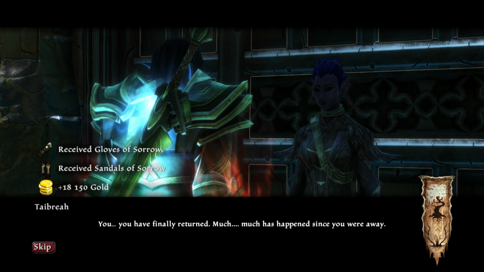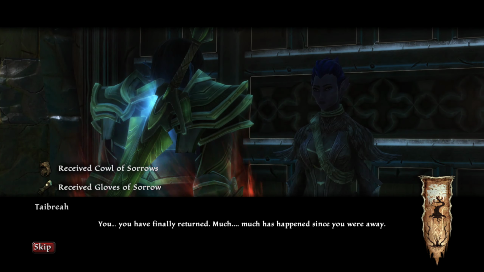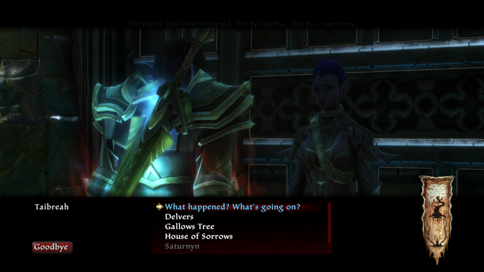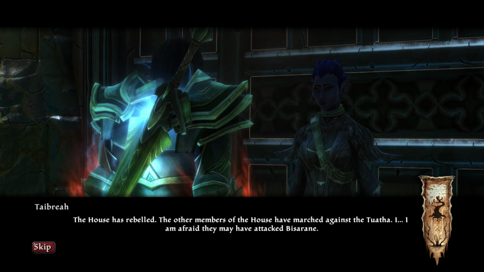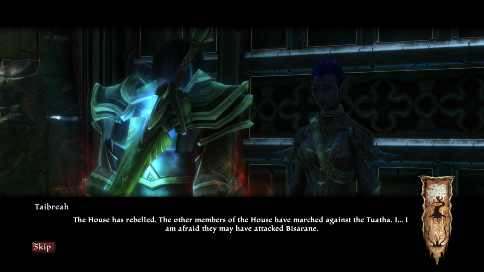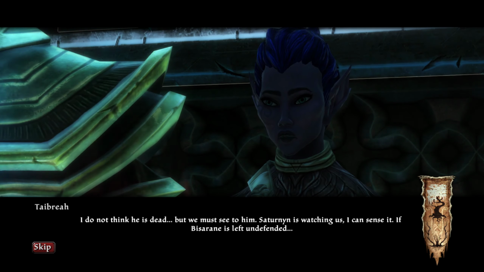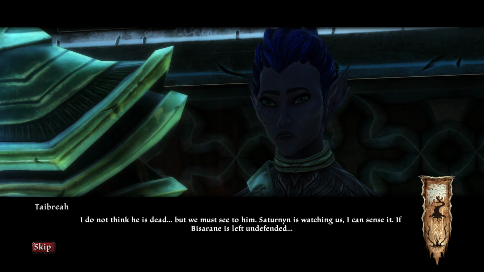You have finally returned. Much has happened since you were away. The house has been sundered. Not by Tuatha, but by ourselves. What happened? What's going on? The house has rebelled. The other members of the house have marched against the Tuatha. I'm afraid they may have attacked Bizarane. I do not think he is dead, but we must see to him. Saturnin is watching us. I can sense it. If Bizarane is left undefended...